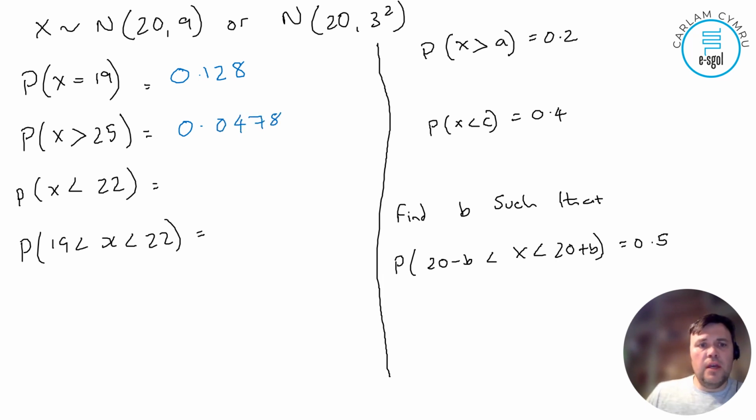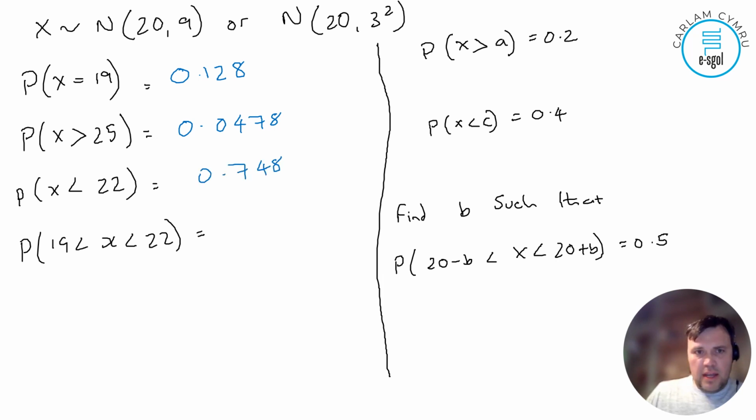and then you will get an answer of 0.0478. On the flip side, we would then do when it is less than or equal to 22. So this is now our upper value, and our lower value is going to be minus 1 times 10 to the 99. And of course, the standard deviation is 3 and the mean is 20. So then this is going to be equal to